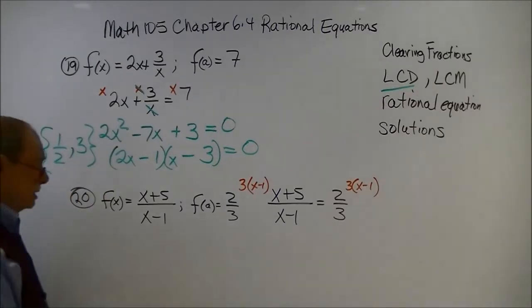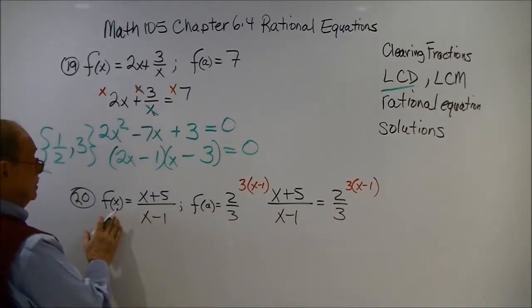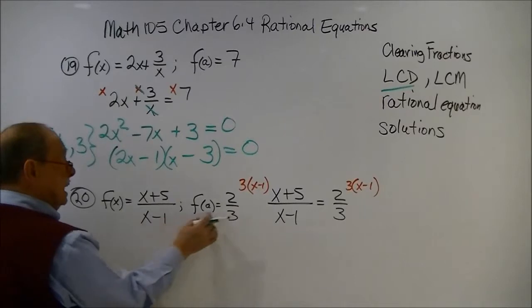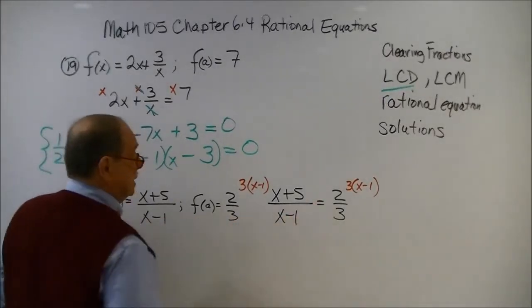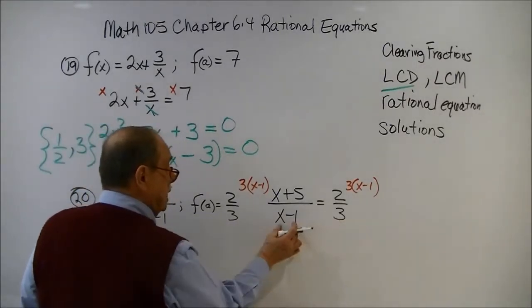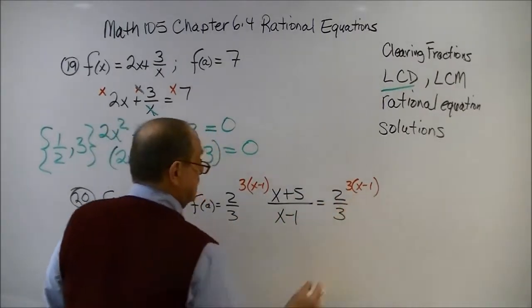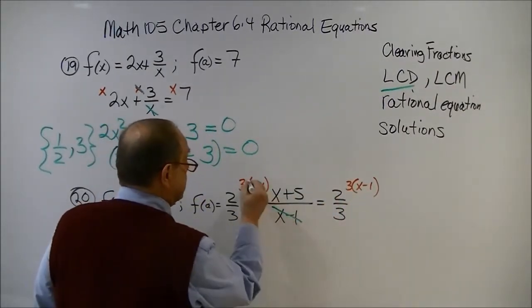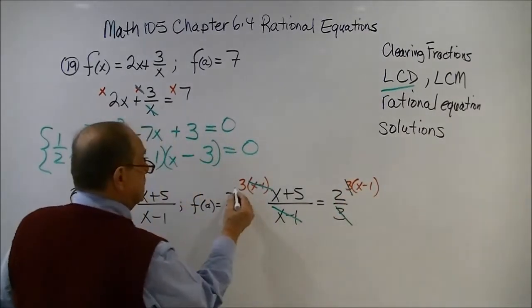All right, for this one, again, it's set up similarly. It's function notation, where this will equal that, and we set it up as an equation. Our common denominator will be a 3 and an x minus 1, which I've put in red. This now cancels. This cancels. So now I get